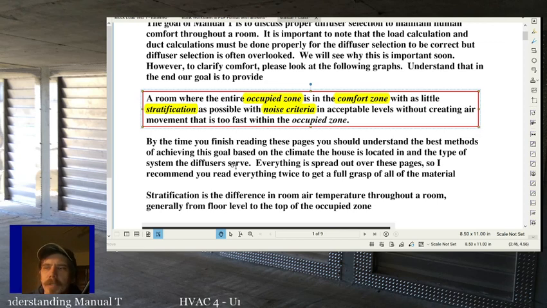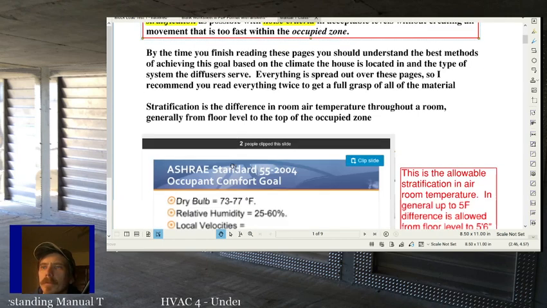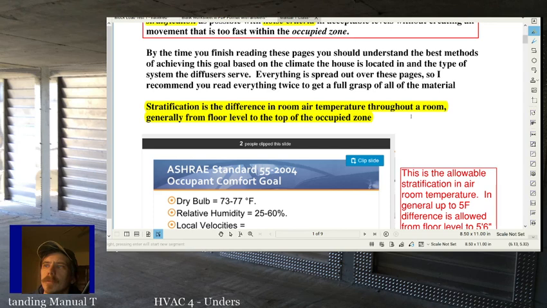By the time we're finished reading everything, you should understand the best methods of achieving these goals, and on the climate the house is located in, because that's important. Where the house is makes a big difference on where the best placement of diffusers is, and that's what we're going to go over. Alright, so real quick first, stratification is the difference in room air temperature throughout a room,